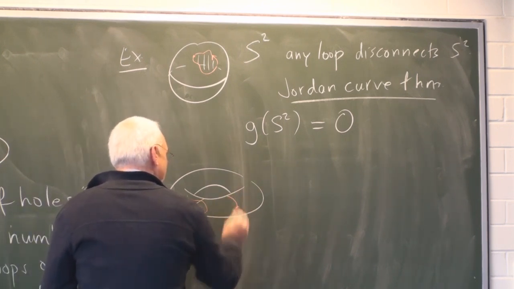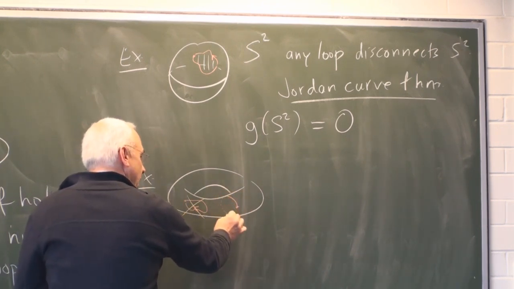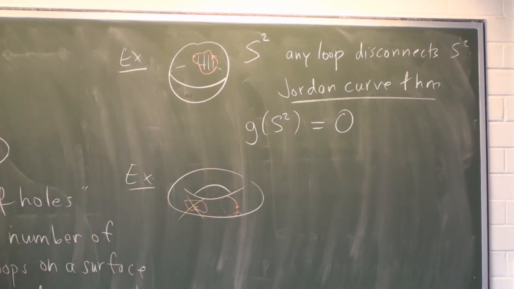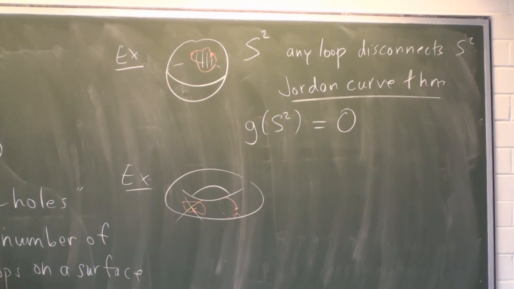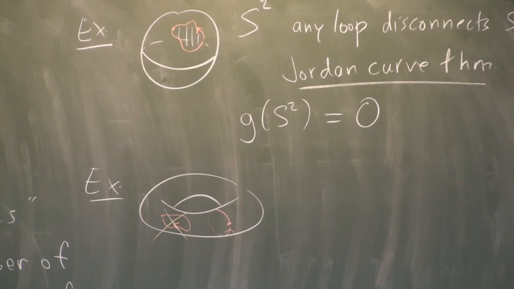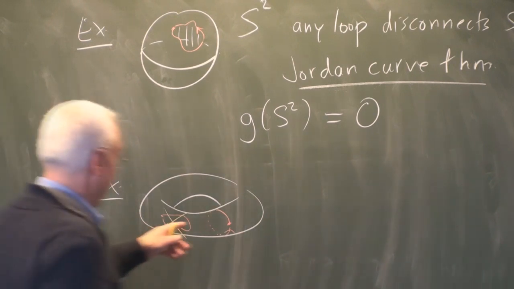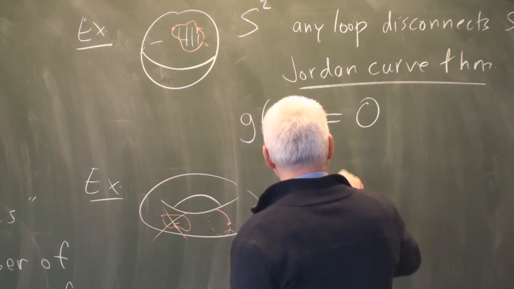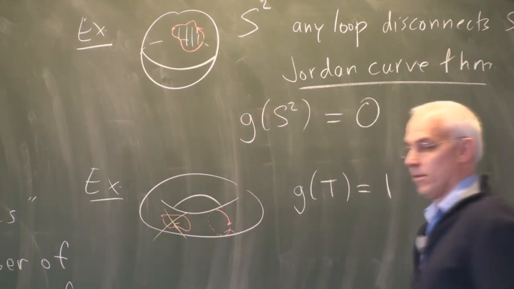You can start here, then you go around the other side, and back up here, around the ring part of it. And then if you cut the torus along that loop, well, it separates then into a cylinder, but it's still connected. But if you take that cylinder then and you cut an additional loop, then it will fall into two pieces. So in this case, the maximum number of loops is 1. G of the torus is 1.